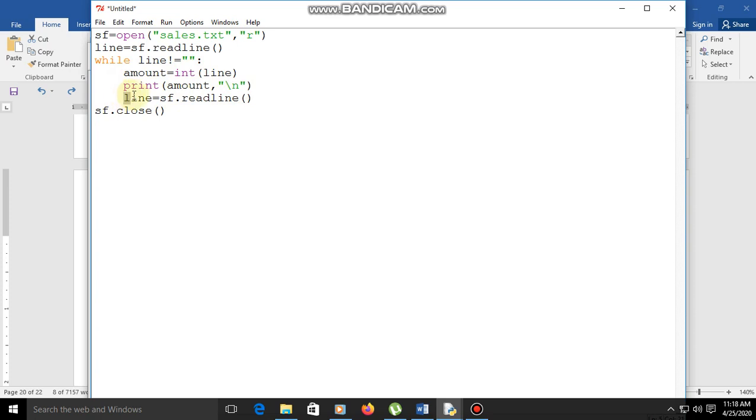I hope you will understand this. And line equal to SF dot readline, that is the readline function. Automatically the line is read from SF and loaded into line, and after that SF is closed, then run.